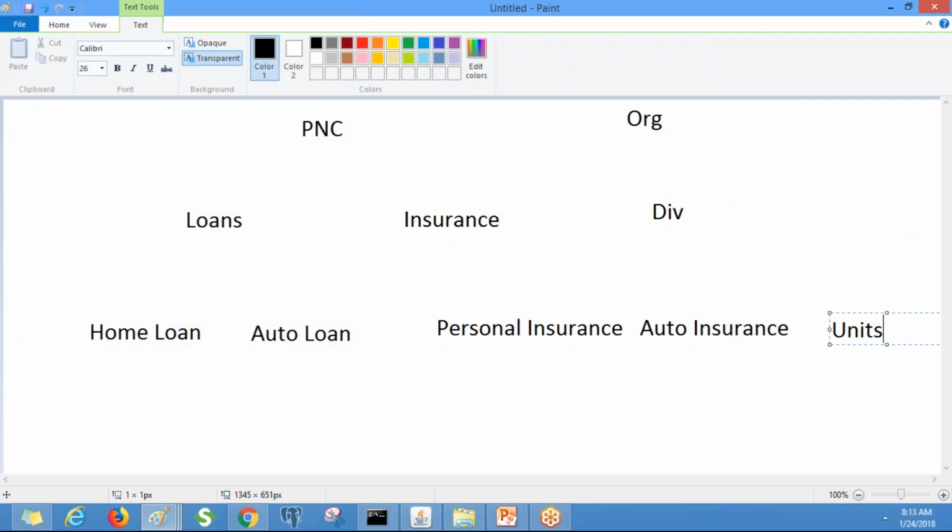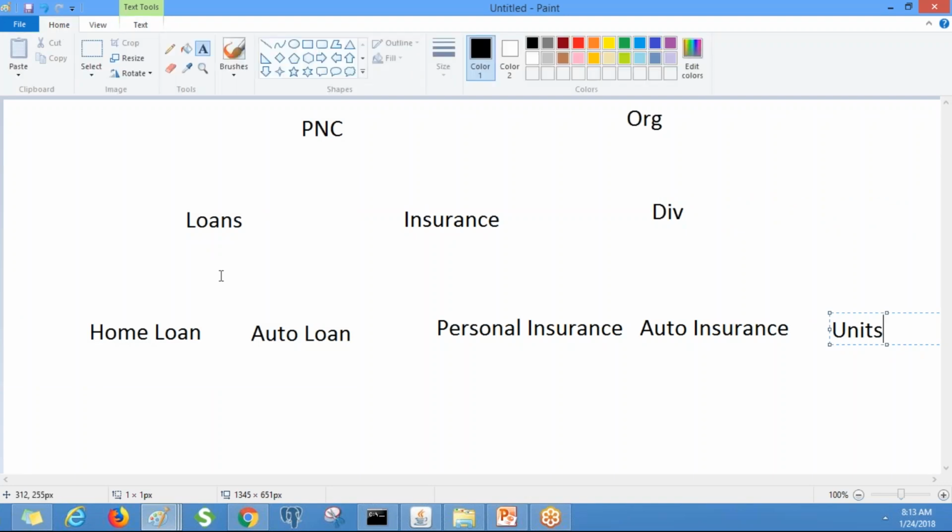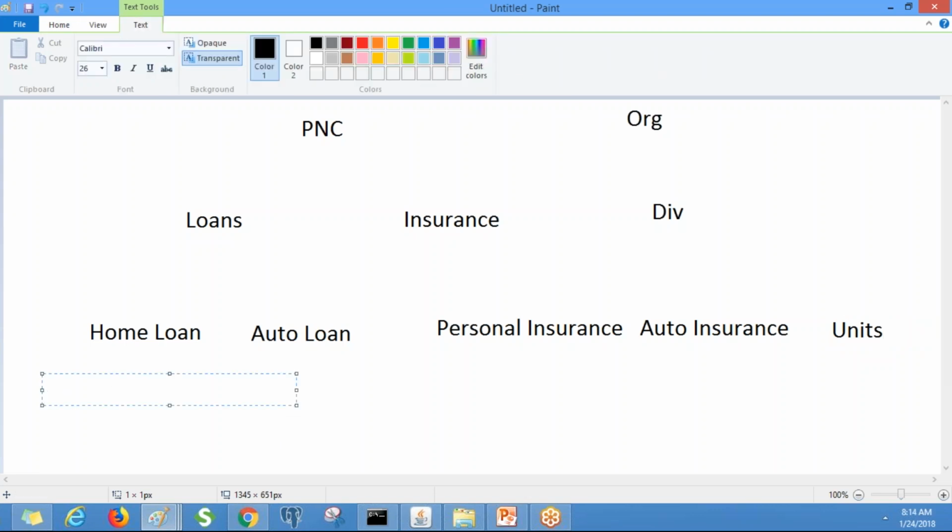The organization and divisions are meant for creating reusable components. Suppose you want to apply for a home loan, auto loan, personal loan, or any kind of insurance, you need the customer details form. The customer details form is common for all types of loans and insurances.